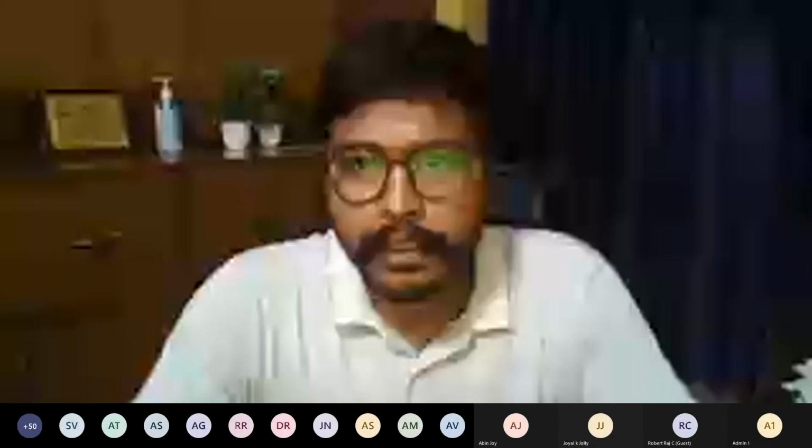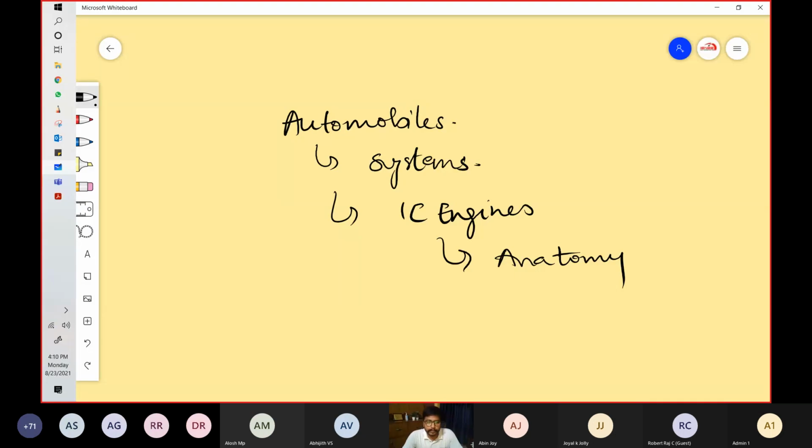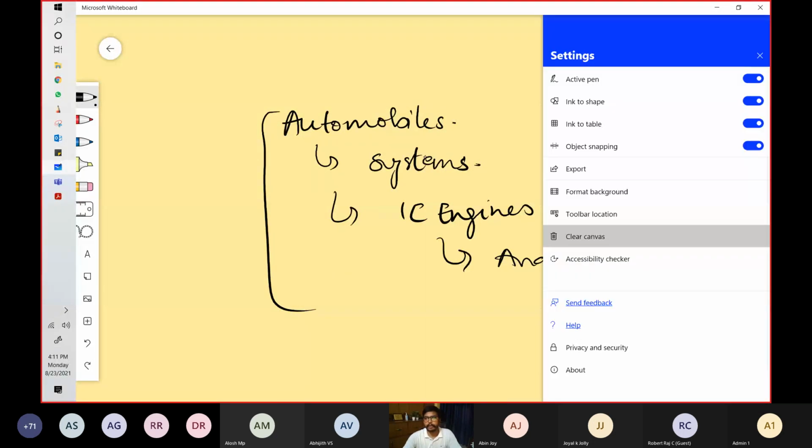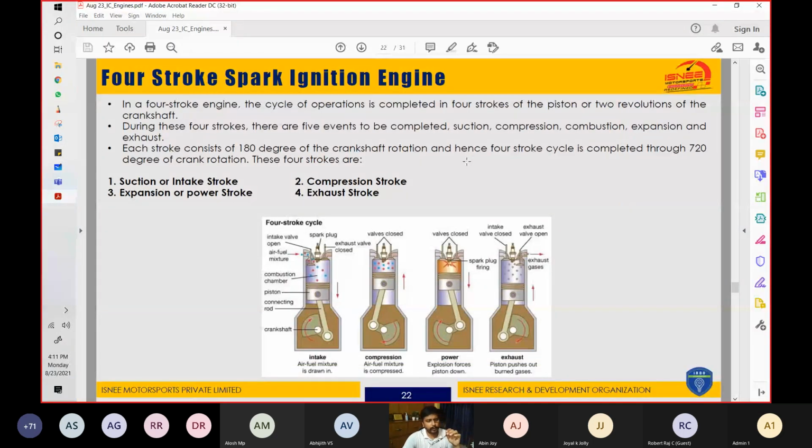Some terms like what is the swept volume, what is the engine capacity, what is stroke, bore, these things. So far we stand at a place where we are about to start learning about the strokes and the cycles of the engine. So we will start with a 4-stroke spark ignition engine. What basically this 4-stroke spark ignition engine is,